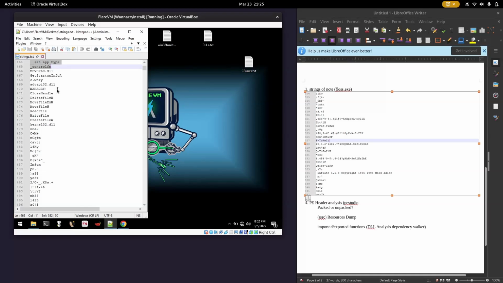Here there looks to be more, what do you call it? More functions, or Win32 functions that are interesting. Now it looks like these are imported functions such as movefile exw. I believe that ex means that this is a revised version of the movefile function, and